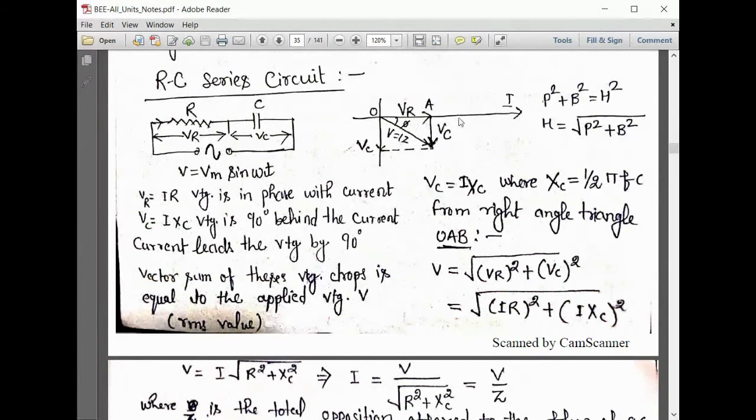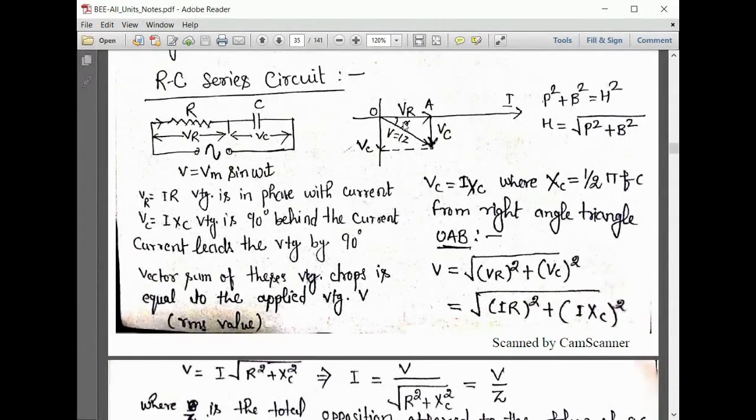Okay, and we will draw this phasor diagram right here. You can see across this resistive component, your voltage and current are in the same phase. There is no phase difference right here, but on the y-axis you can see this voltage is lagging. VC is lagging right here by 90 degrees. That's why we have drawn this resultant in the opposite direction, as we have seen in the case of the RL